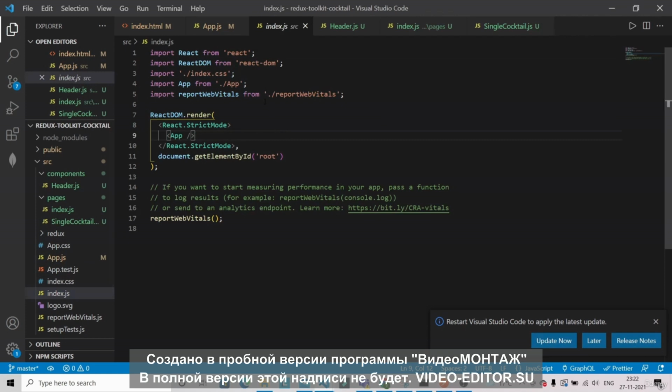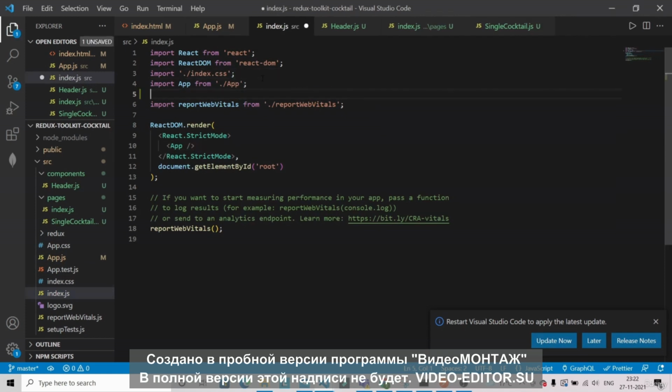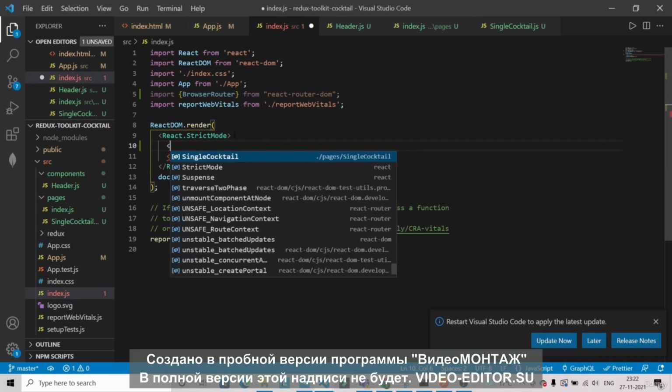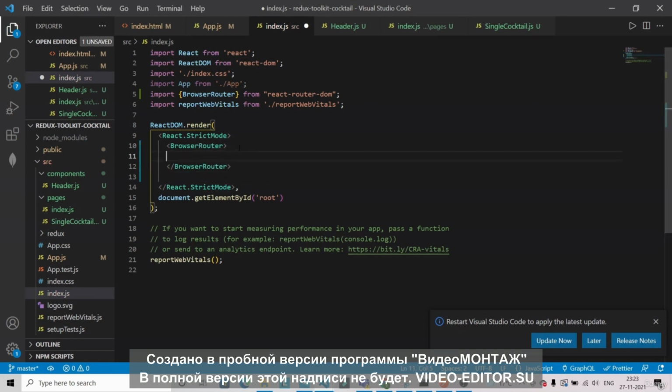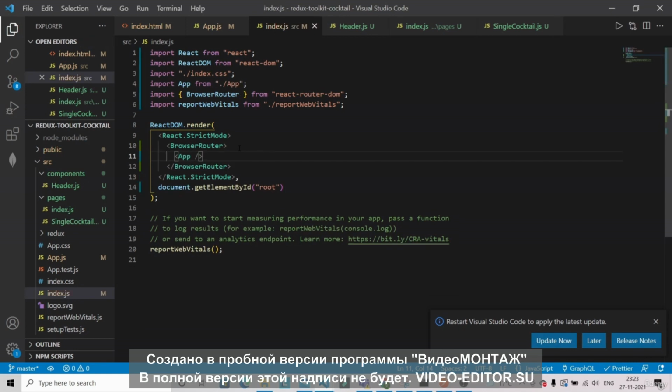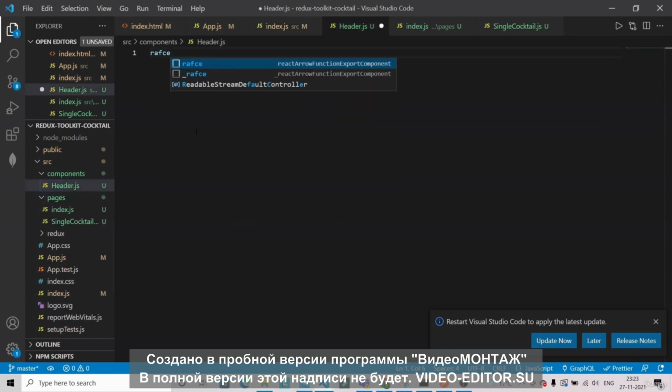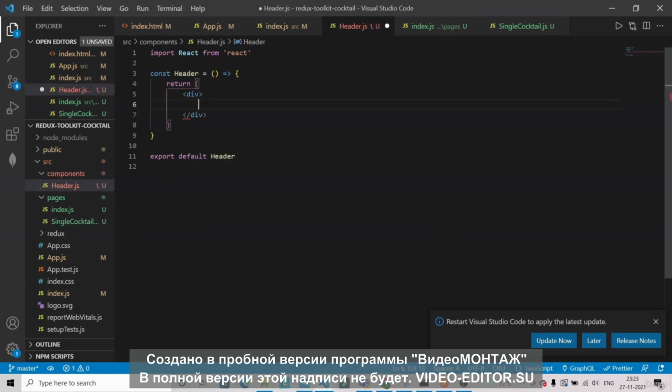index.js file. So here we need to bring the BrowserRouter from React Router DOM. So let's bring the BrowserRouter, and let's wrap this app with BrowserRouter, and let's cut this app and paste it inside this BrowserRouter opening and closing tag. And let's just give some content here in the header as well. So this will be the header. Okay,